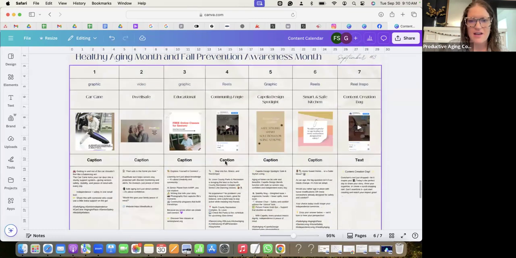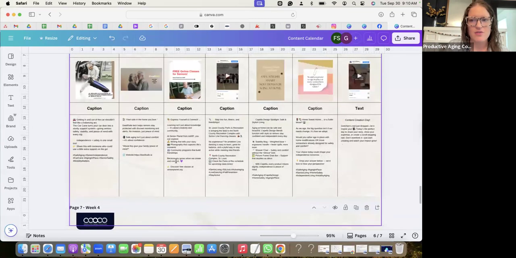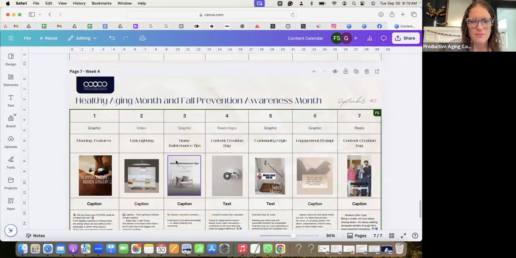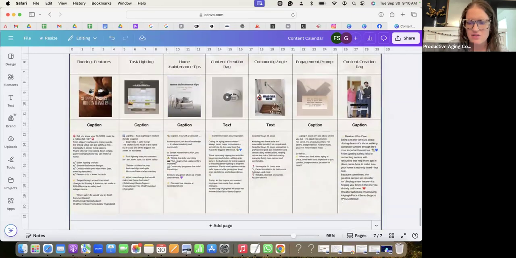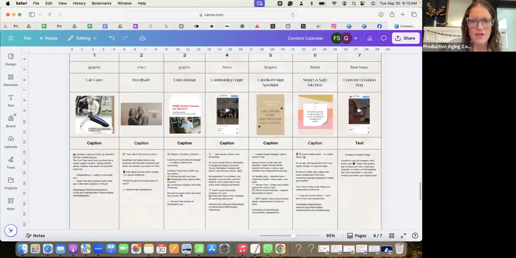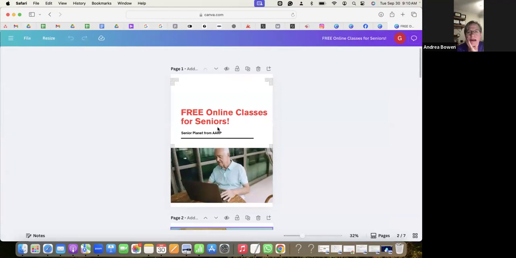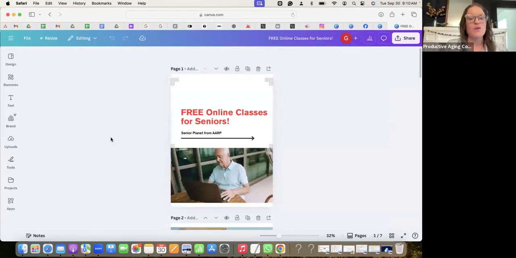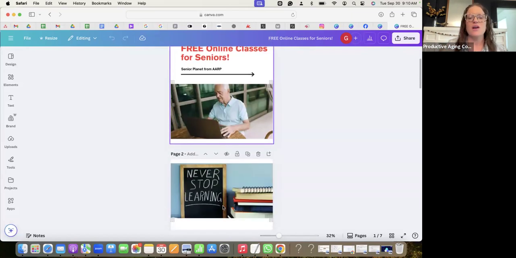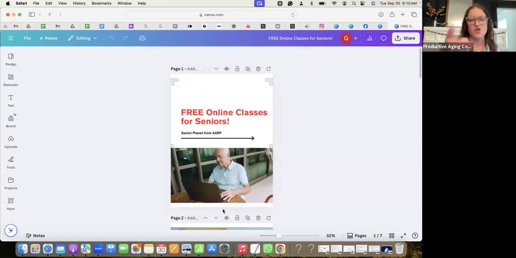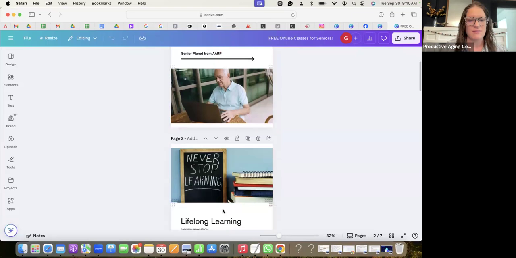Absolutely. That's a great idea. Just for today's purposes, let's go to the one that I had picked out. So I'm going to click that and go to the Canva link provided. Oh, I didn't even notice that. When you click on the image, she's going to link you to either inspiration, where you can say, okay, I'm going to make that same exact thing, or to an actual template that you can